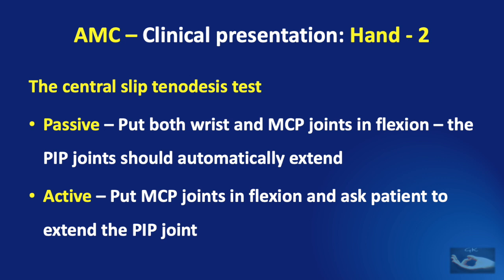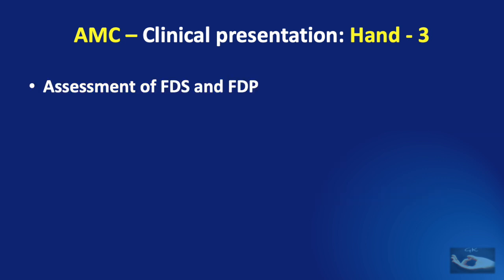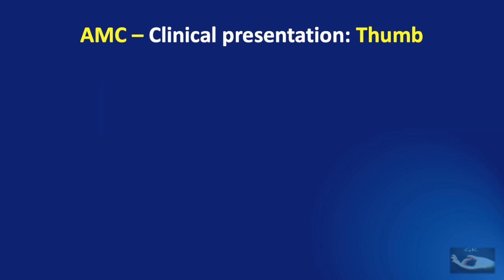This will again indicate the intactness of the central slip. This test is very similar to the Bouvier test that we do in ulnar nerve palsy. The third important test in the hand is to assess the flexor digitorum superficialis and the flexor digitorum profundus individually for each finger. Involvement of the thumb is characteristic in arthrogryposis, but there are two patterns that can be seen: